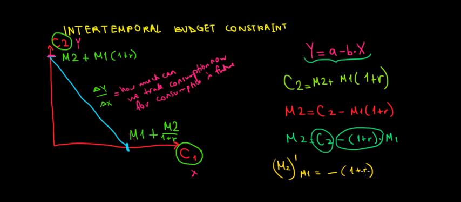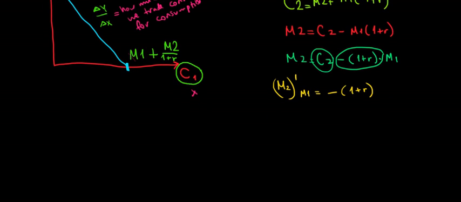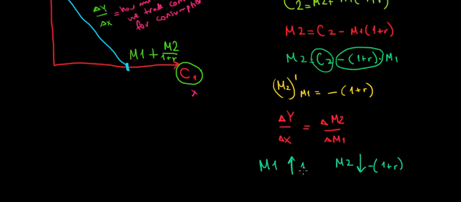And what does this show us? It shows us that if we change money now by 1 unit, we have to give up 1 plus r in the future. Let me write it in terms of changes, because this is not the easiest intuitive way to look at it, but now I think it's going to make more sense. Change in y relative to change in x is equal to the change in M2 relative to the change in M1, meaning that if our current income increases by 1 unit, our future income would decrease by 1 plus r,